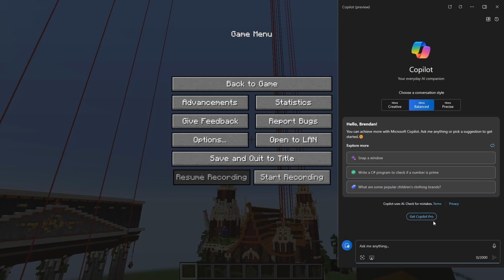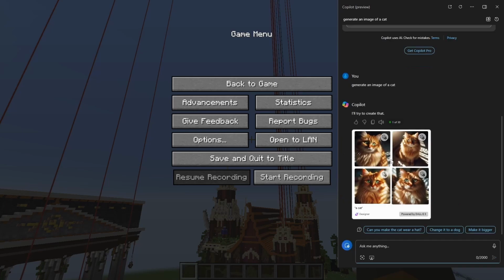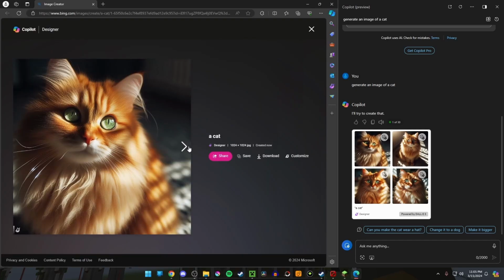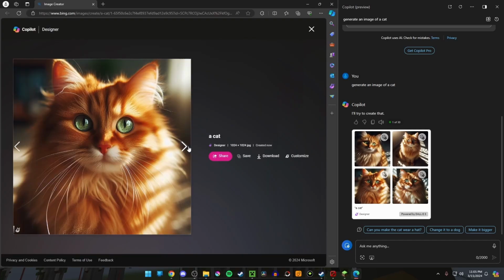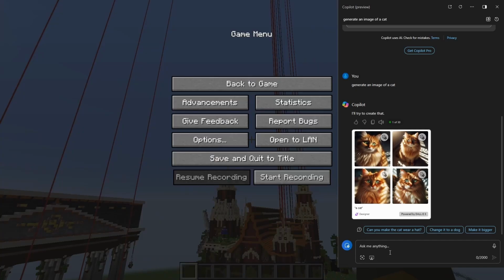So the other day, my brother showed me this that just happened to be on my computer. So if I type in, just say, generate a cat, sure. And we go ahead and get a cat. Scarily good. AI is terrifying. But what I came up with: generate an image of a Minecraft